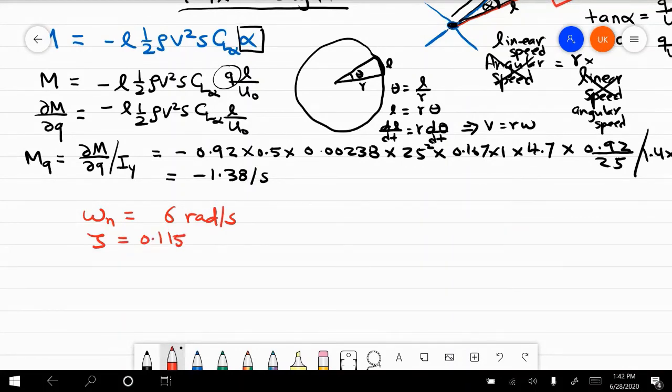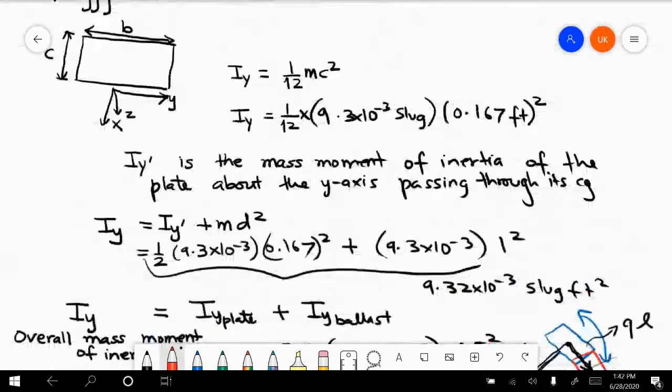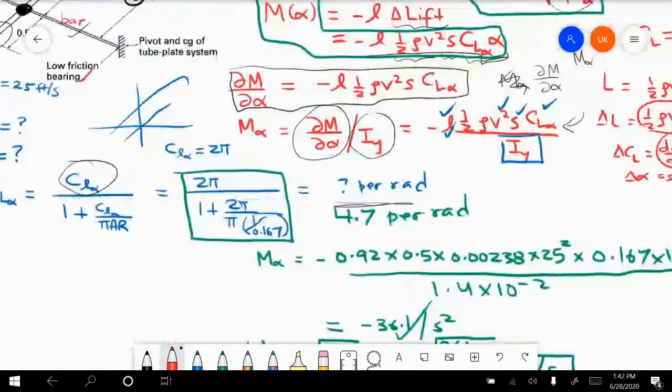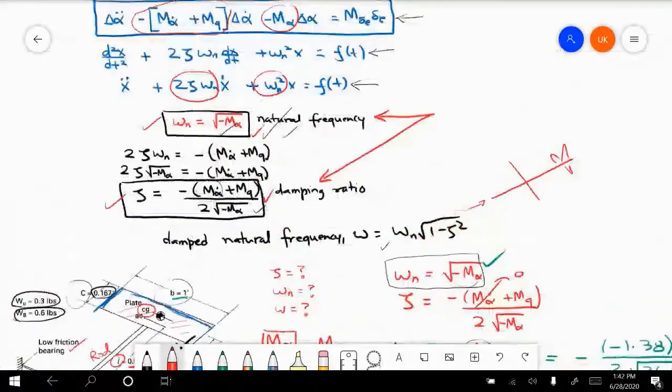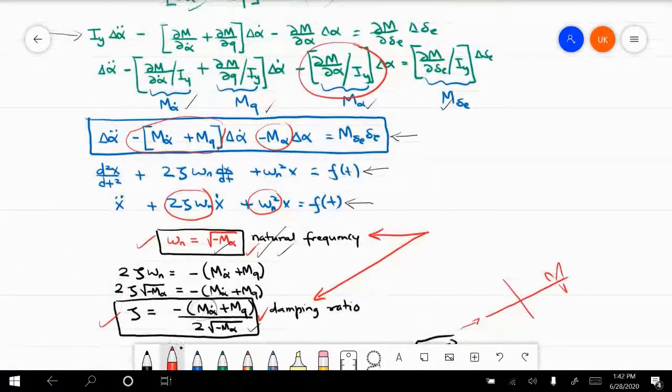The oscillation frequency and the damping ratio are just the required inputs to know how this angle of attack evolves with time. So let's again go back to where all these things came from. These all came from our attempt to solve a differential equation. So it came from this differential equation,